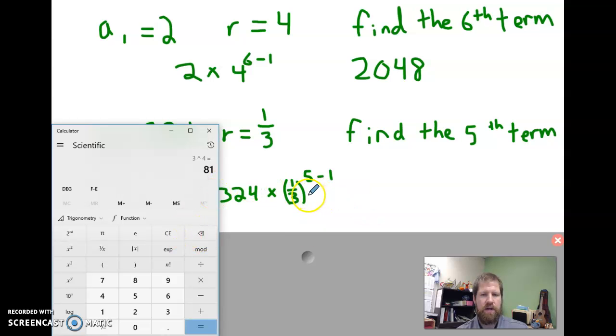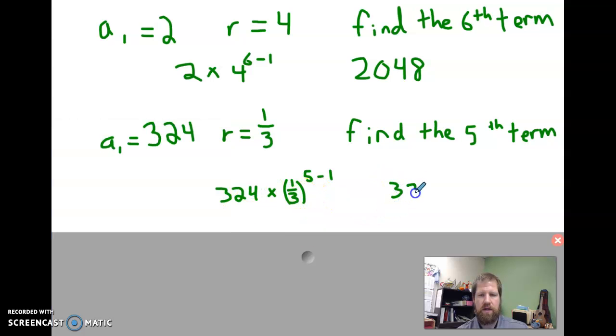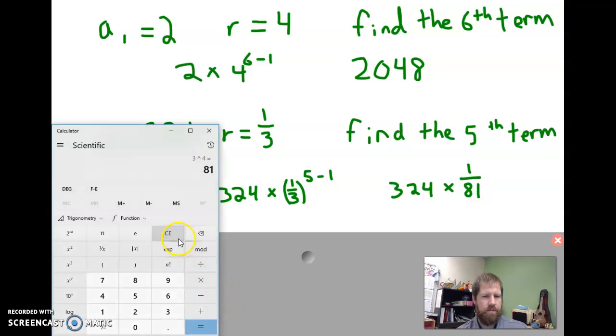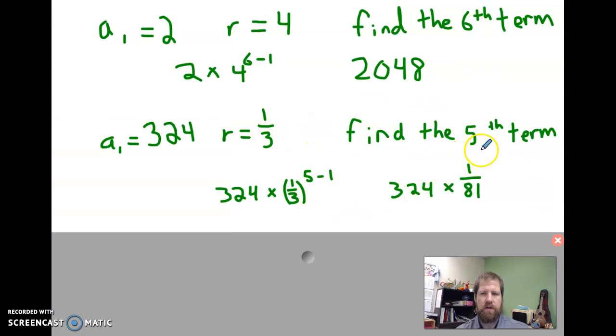So we've got 81. So this is going to be 324 times 1 over 81, or 324 divided by 81, which is 4. So the fifth term in this sequence is going to be